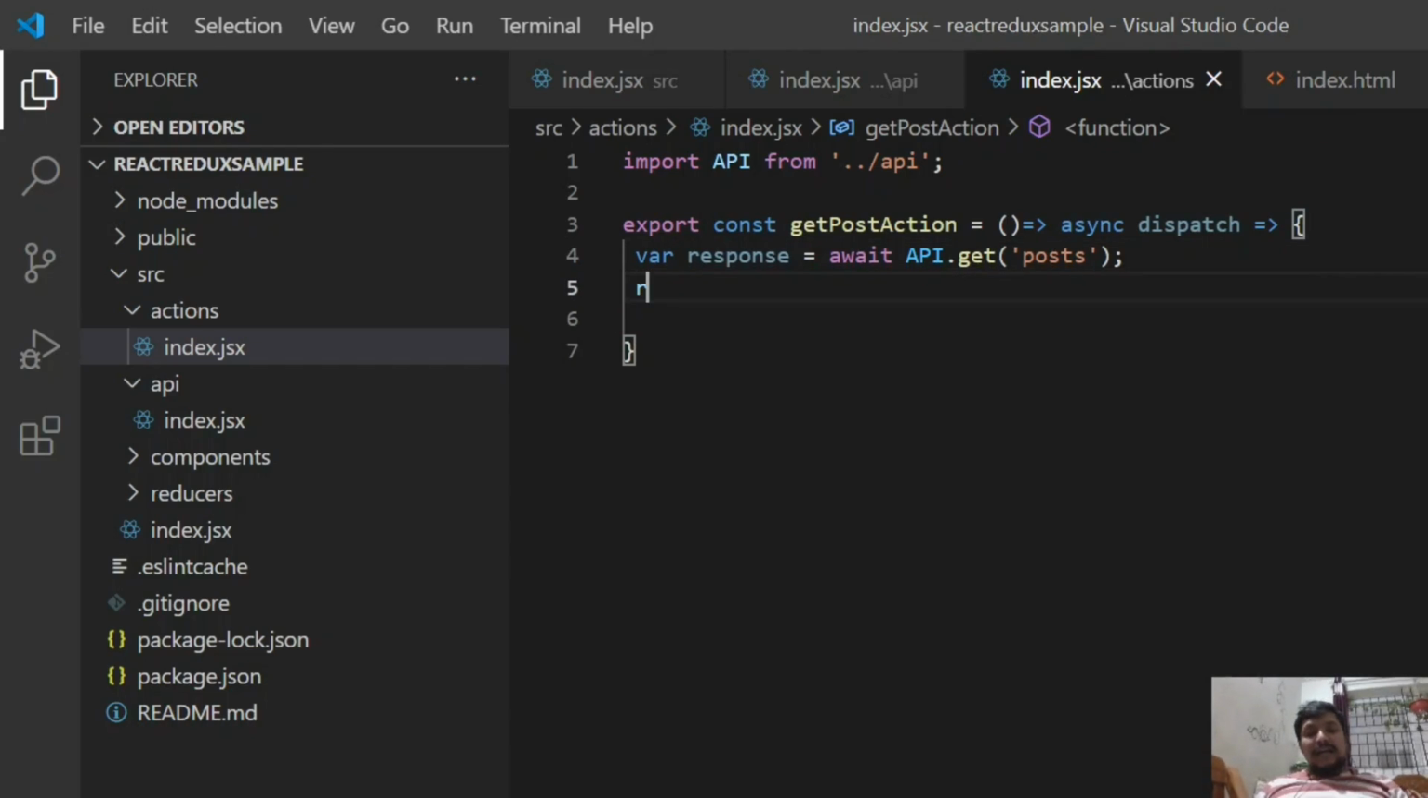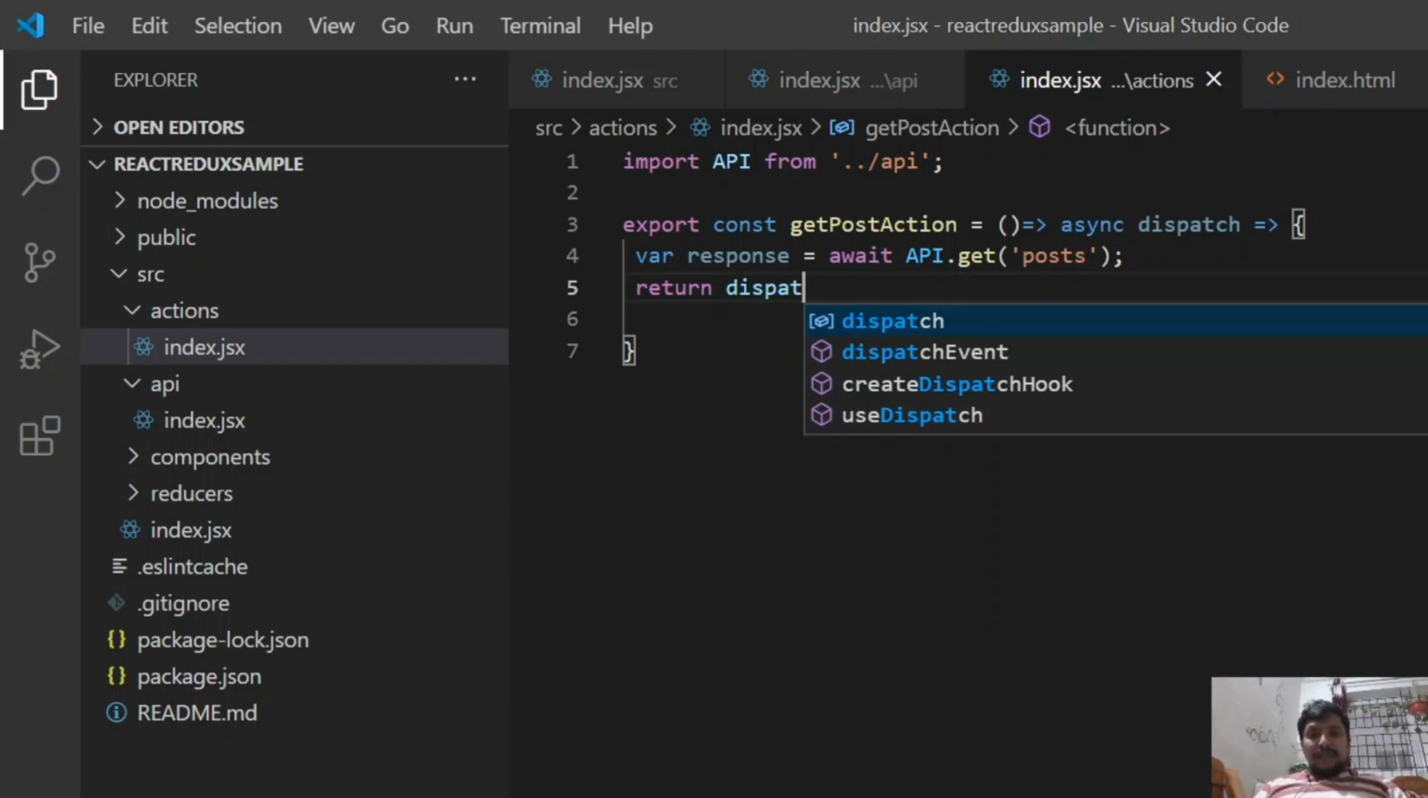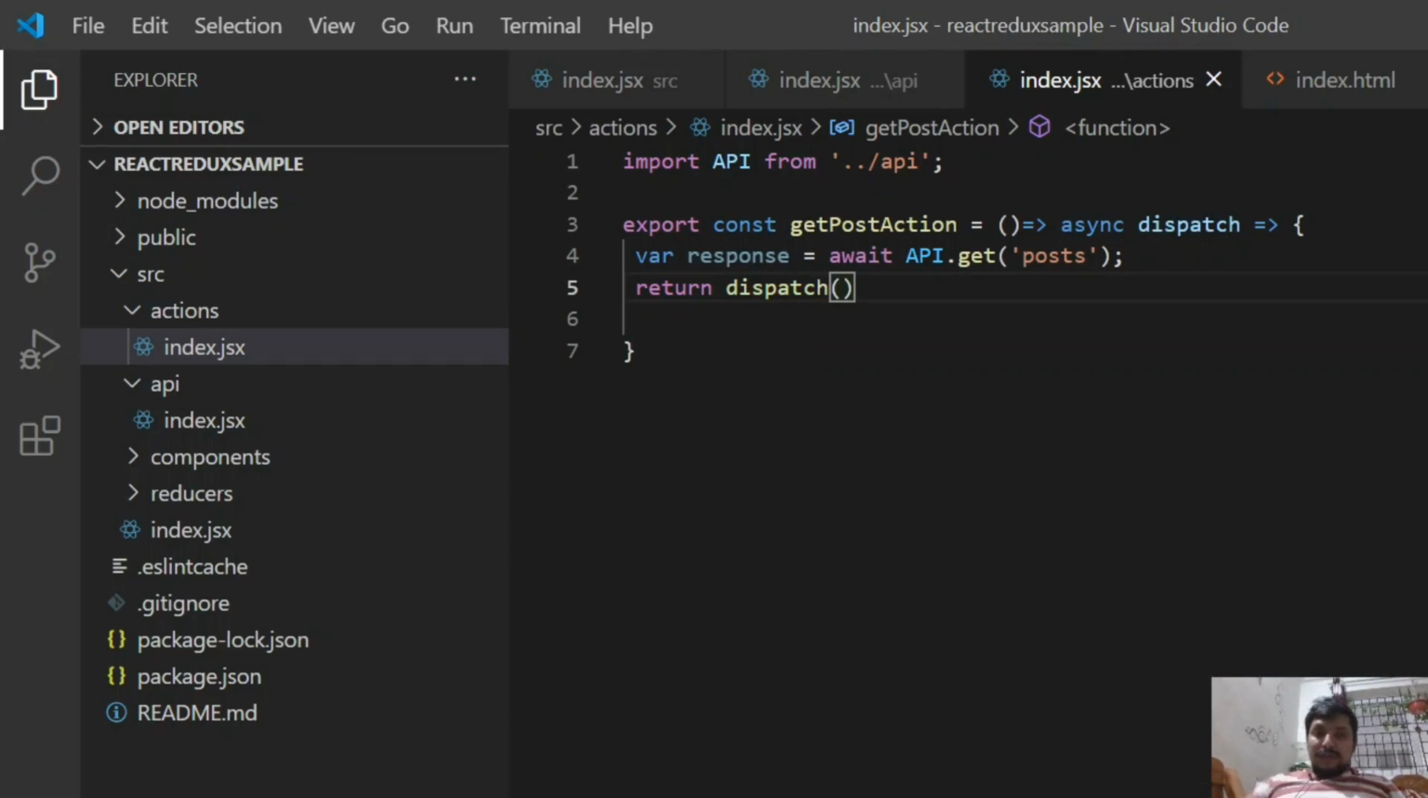After that, I need to return to the runtime as a dispatch method. Okay, I'll just write it, but I will come back again. So dispatch here, and after that I need to specify what the type of this action is. So I will specify the type of action is